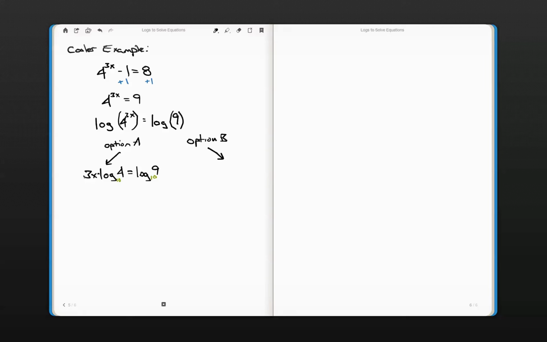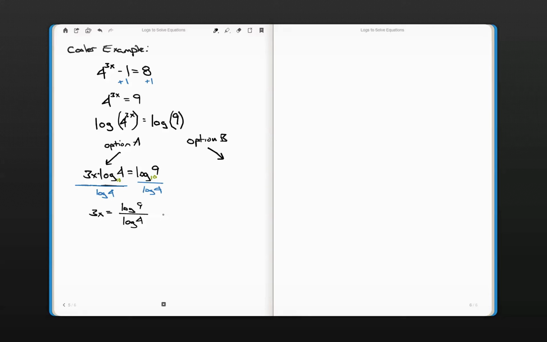Well, now this is multiplied. 3 is multiplied by the x, which is multiplied by the log of 4. So I can divide both sides by the log of 4. Do that in blue. So I'm going to divide by the log of 4, divide by the log of 4. So now I've got 3x equals the log of 9 over